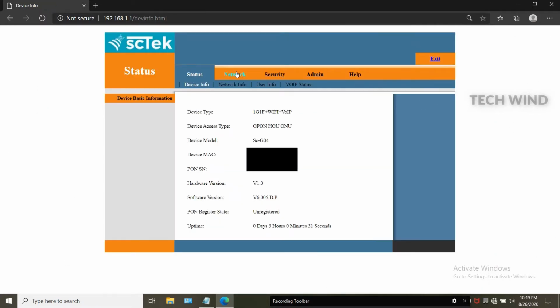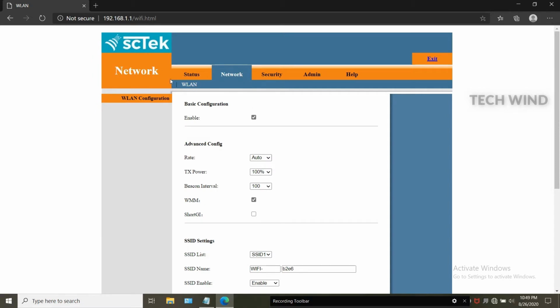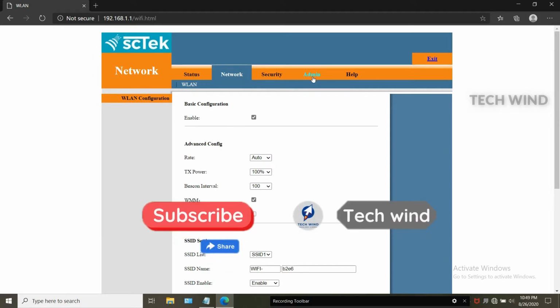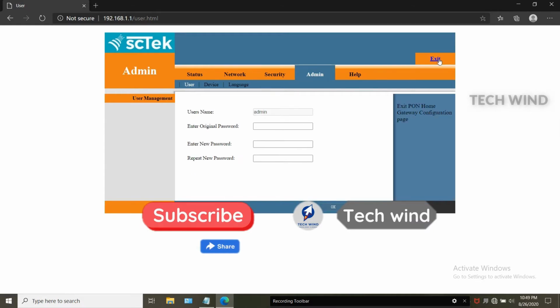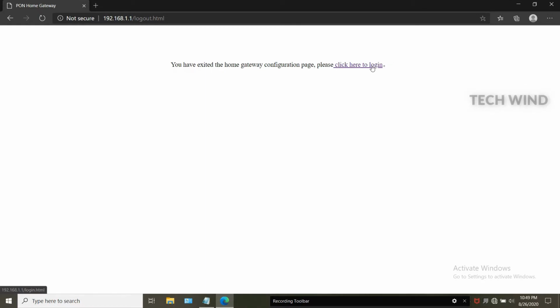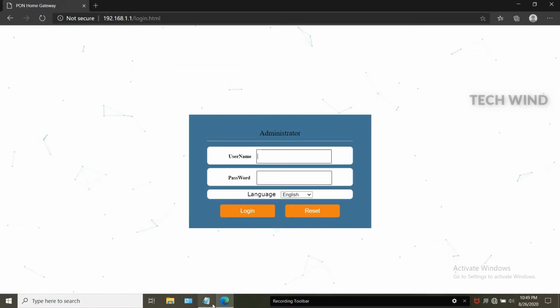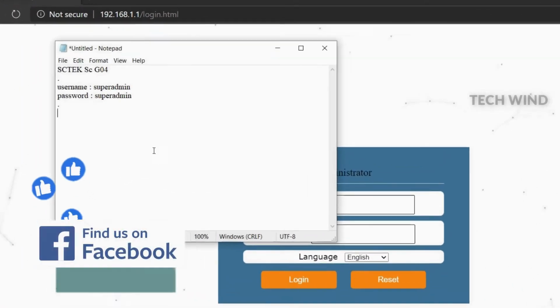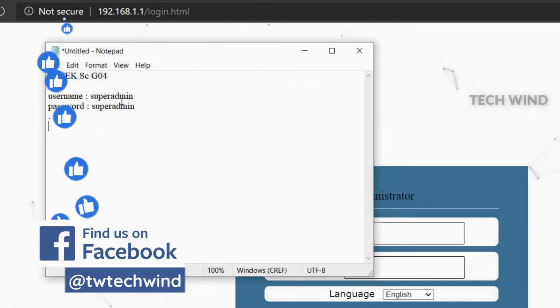Click login. Once logged in, you can find that more options are not available in the interface, like adding WAN options, etc. This really annoyed me when I first got this modem in my hand. Even the seller didn't know anything about it. So after doing some background research, I got the admin access username and password for this modem type. Logging out of the interface. Log in using the username and password found on the screen, which is super admin.